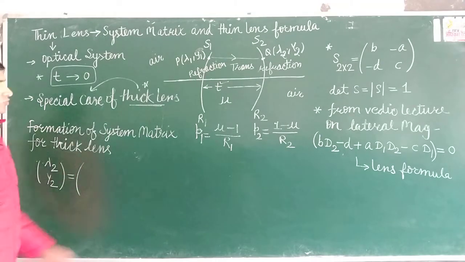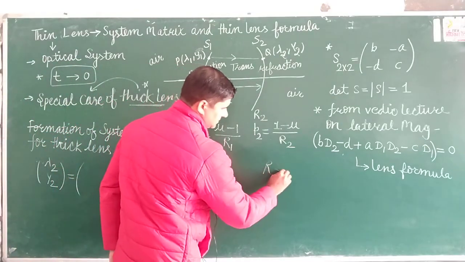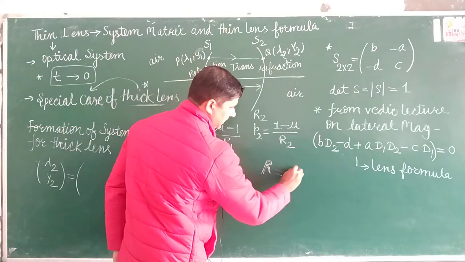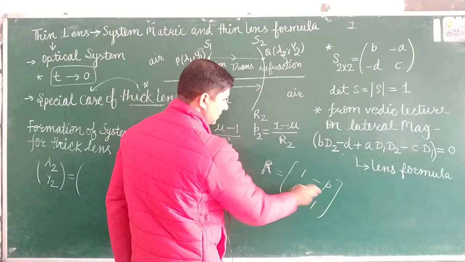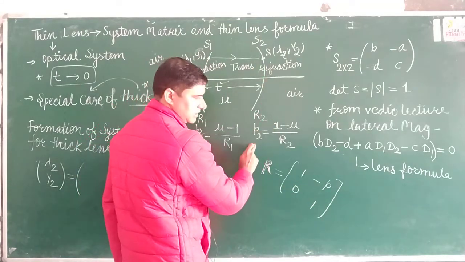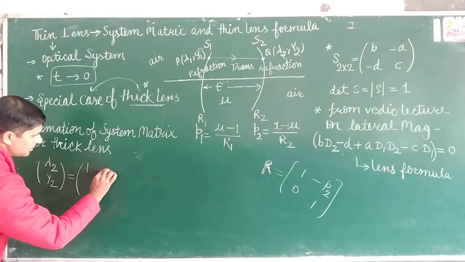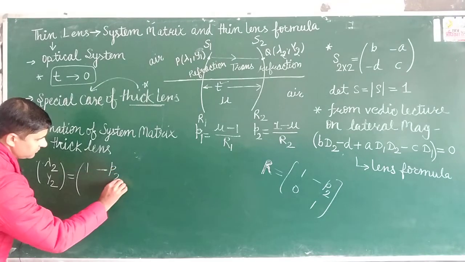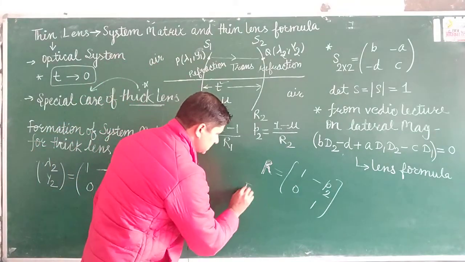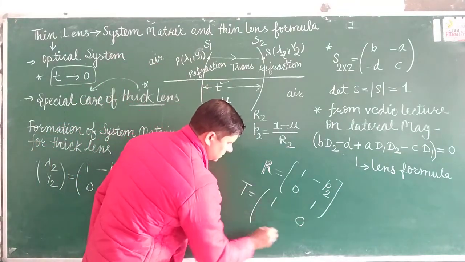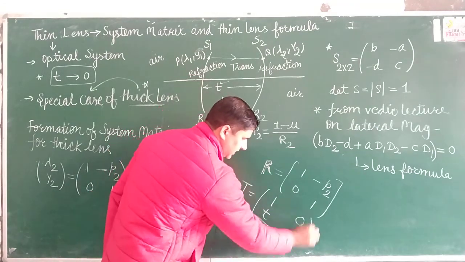and equal to, you see here is refraction. So the refraction matrix is represented by R, and it is written like 1 minus P 1 0. So here P is power, and at this surface the power is P2. So you will write this, and it is 1 minus P2 1 and 0. Then there is translation, and you know the translation matrix is given by 1 0 t. T is the distance of translation, and mu is the refractive index, and then 1.